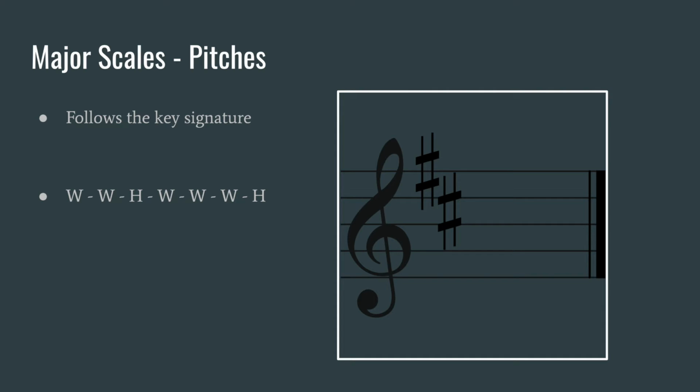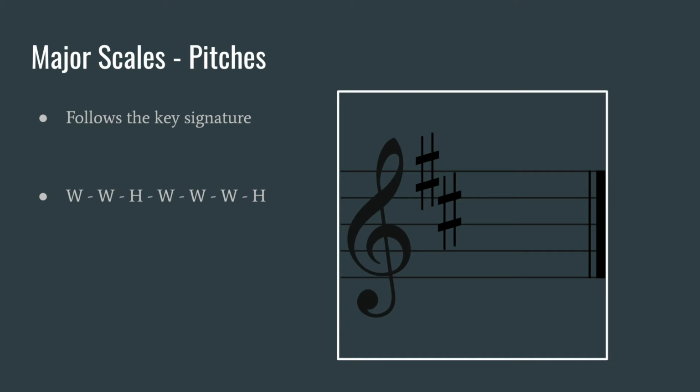Here's the key signature for D major. So if you follow this, your major scale would consist of D, E, F sharp, G, A, B, C sharp, and D again. If you're still struggling with your key signatures, however, there is another way to write your major